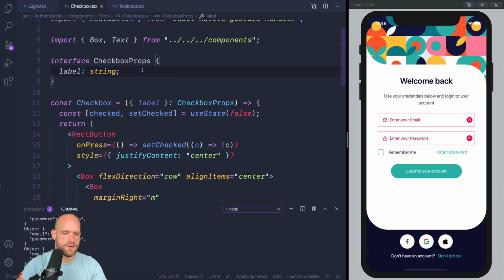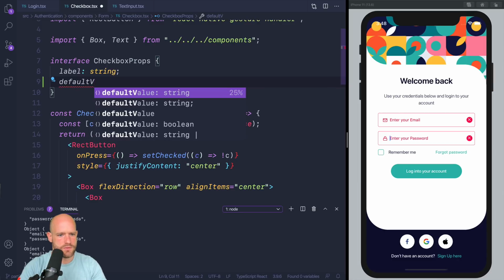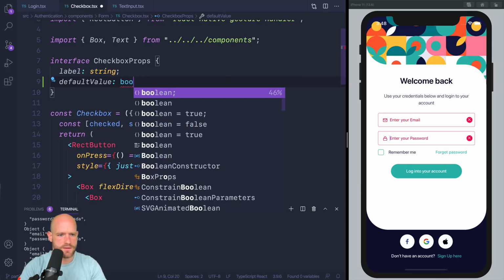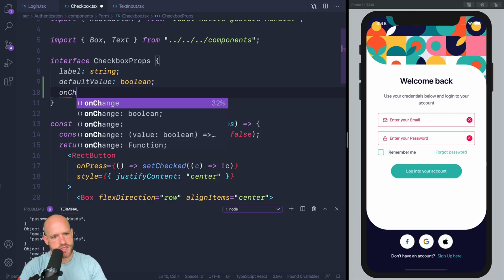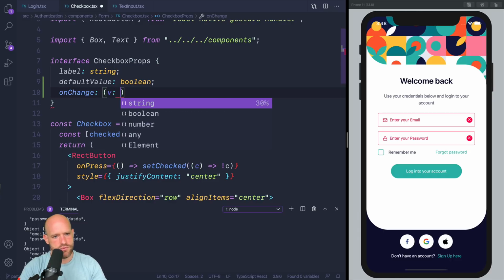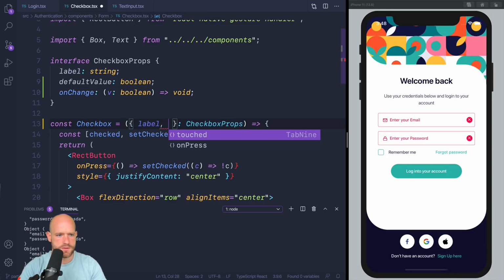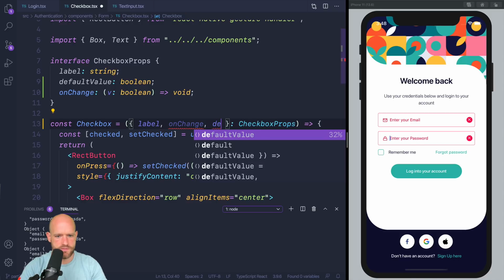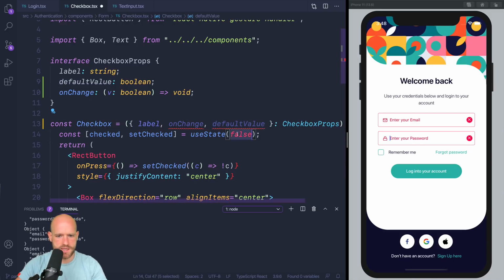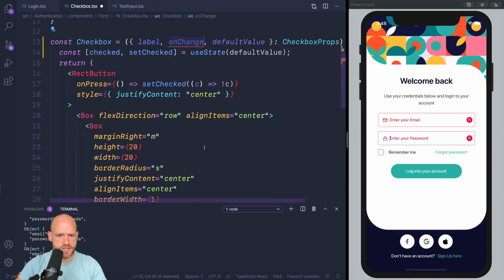So here, default value, which is a Boolean. And on change, it's Boolean. Oh, perfect. So on change, default value. So default value we use here. On change, can use